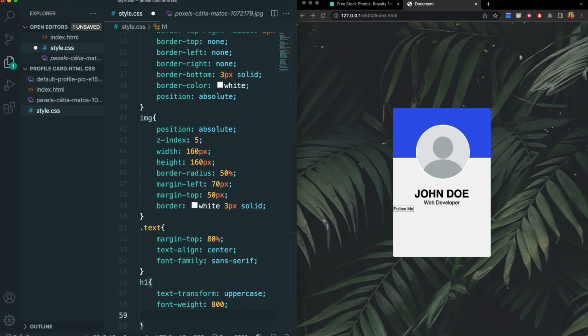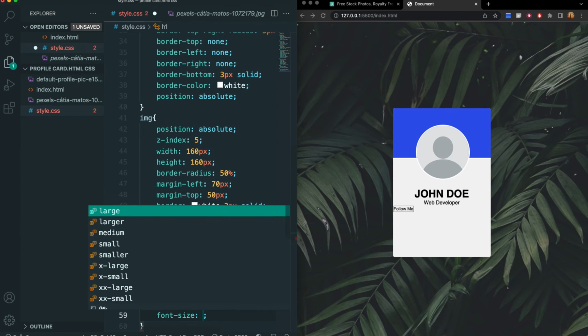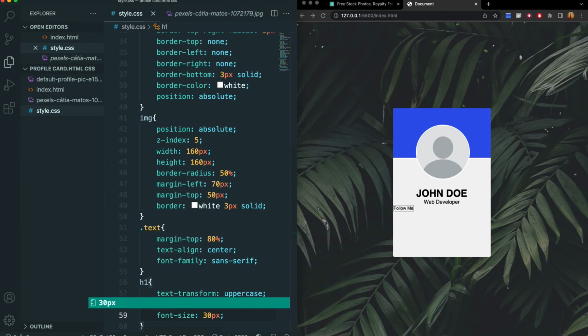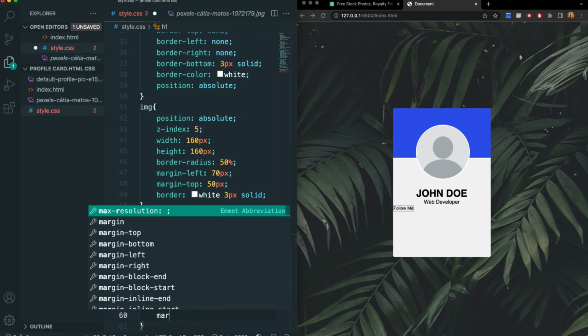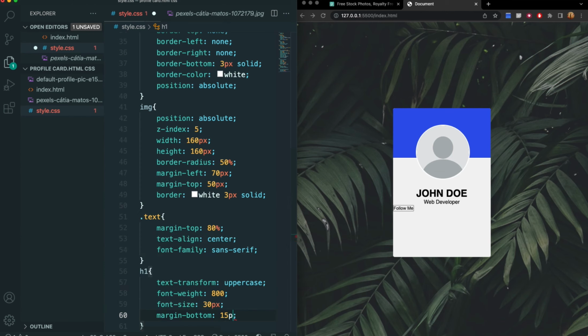Now for the sizing, I'll do font size. I'm going to do 30 pixels. And for the margin on the bottom, we'll set 15 pixels to space things out.